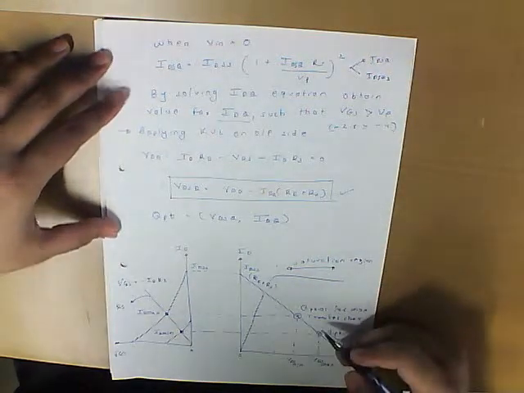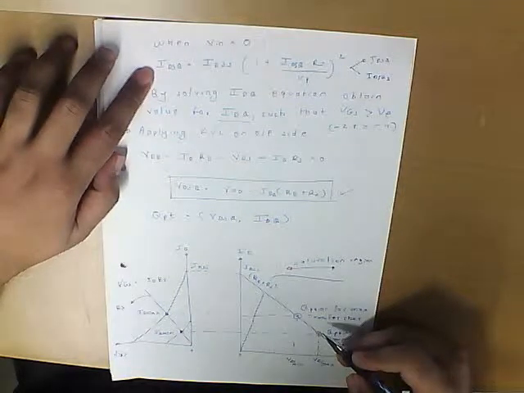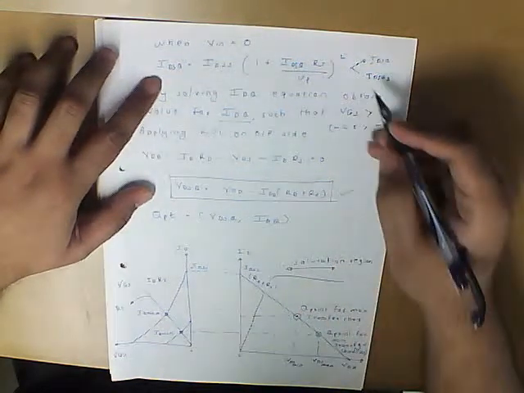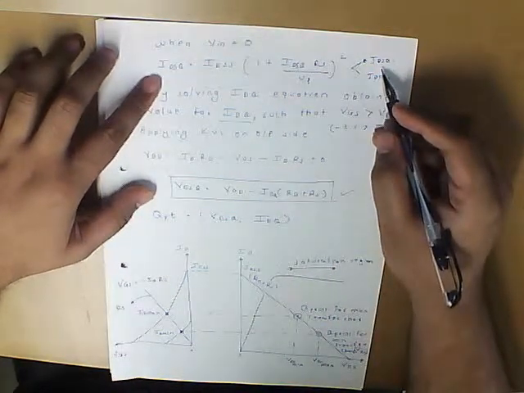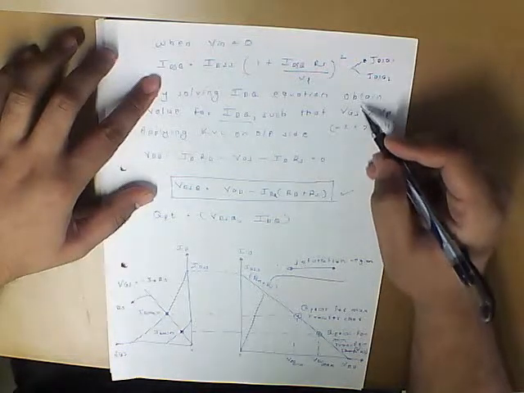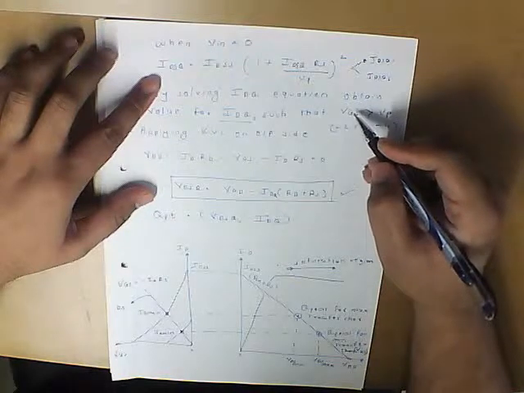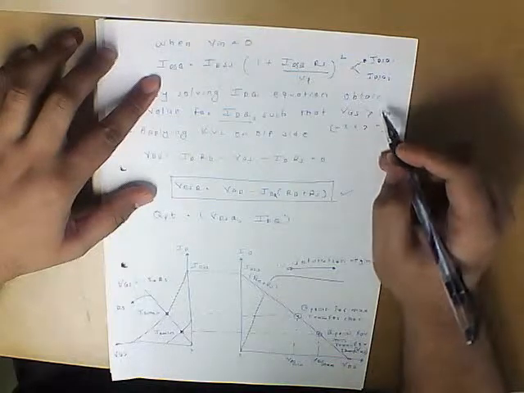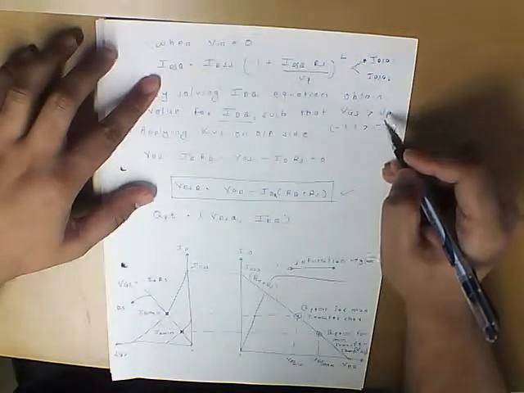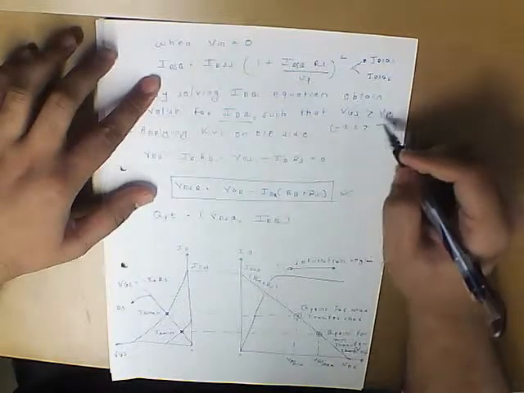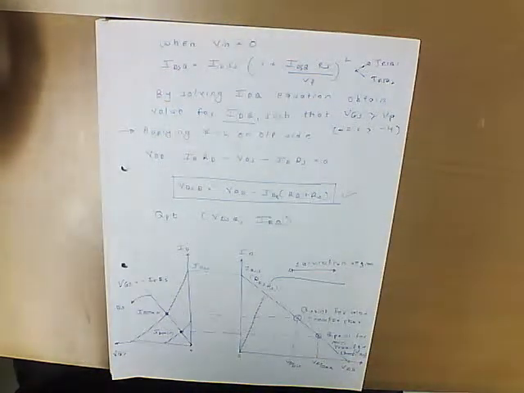So please note this. Here the Q point is a function of VDSQ and IDSQ, but to determine IDSQ we have to solve a quadratic. We get two currents, IDSQ1 and IDSQ2. Select either of them depending upon what the value of VGS comes out to be, and the value of VGS for the IDSQ substituted must always be greater than VP. Select that value of IDSQ1 or IDSQ2 which satisfies this condition. So that is very important in this circuit and something to note.